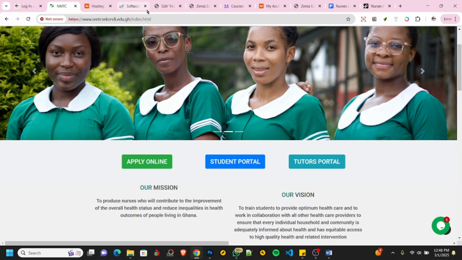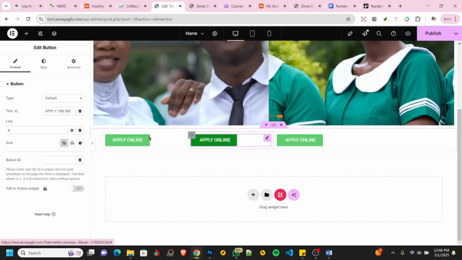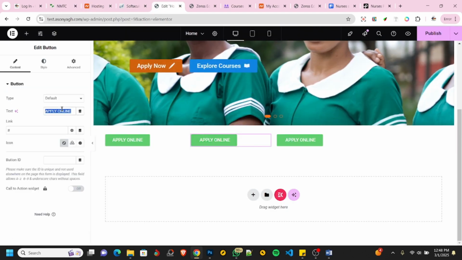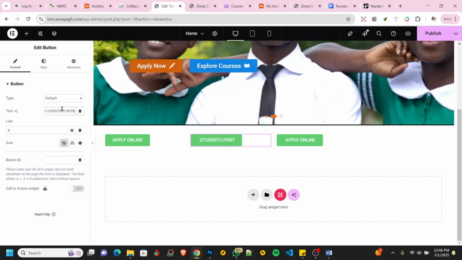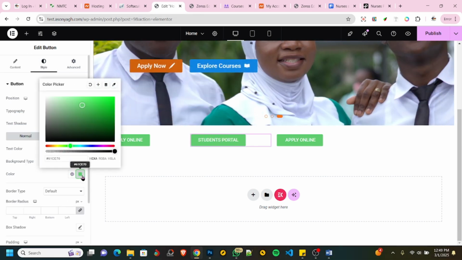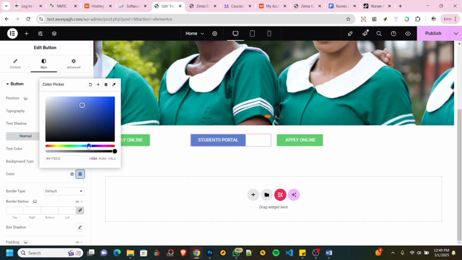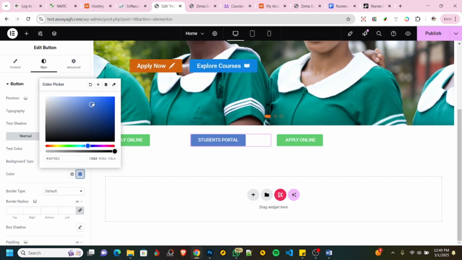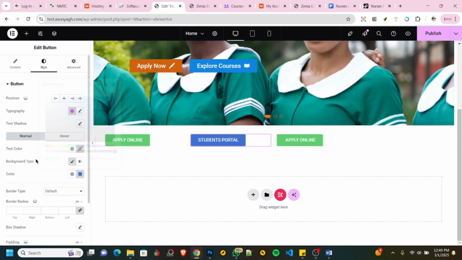Student portal. So you click on it and change it to students portal. And then you change the color. I think it's blue, right? When they hover,